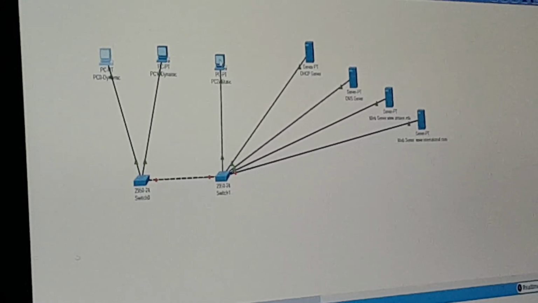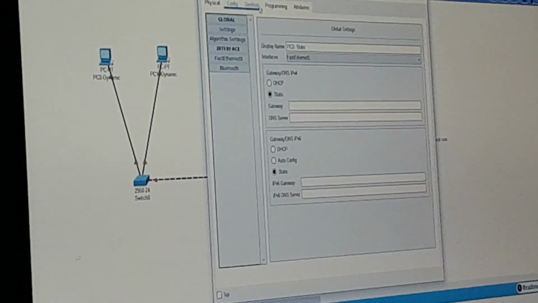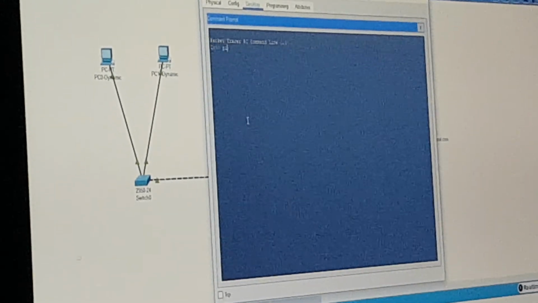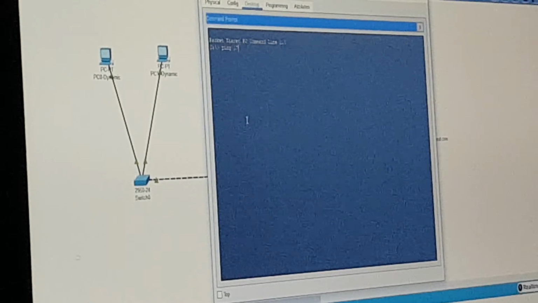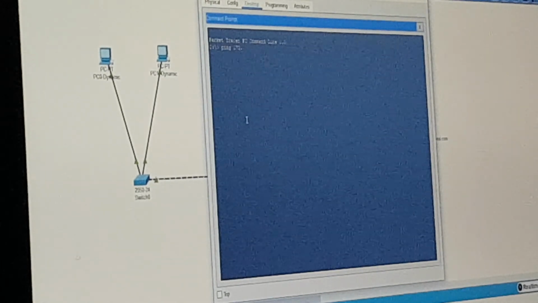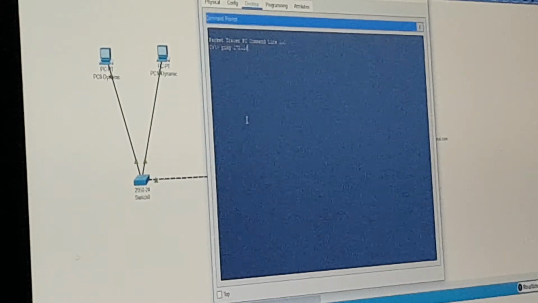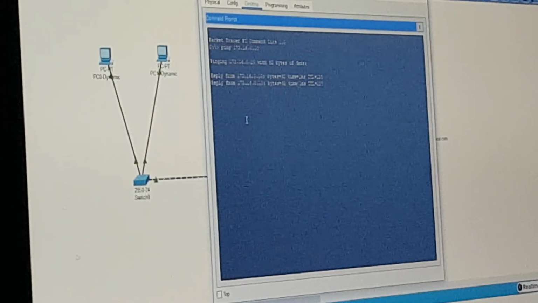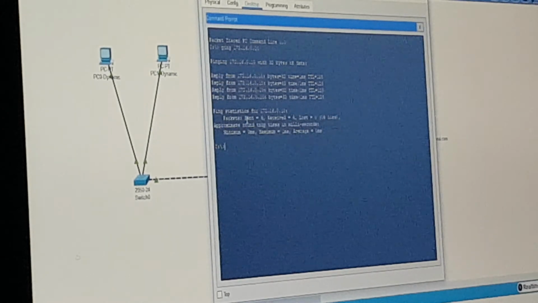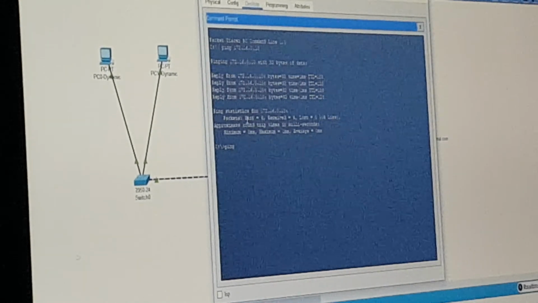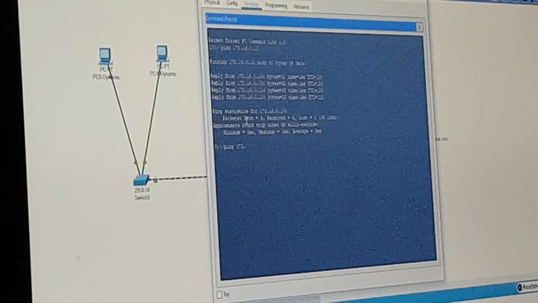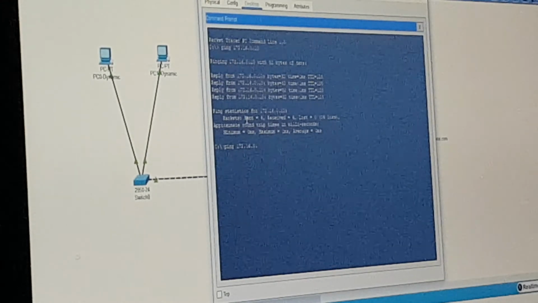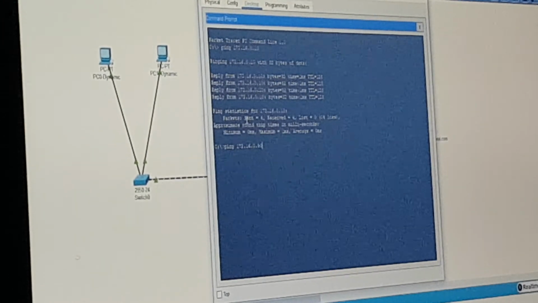Okay, now we are going to check if this is working. I'm going to ping this one. Ping 172.16.0.10. So it's working. Again, ping 172.16.0.90.